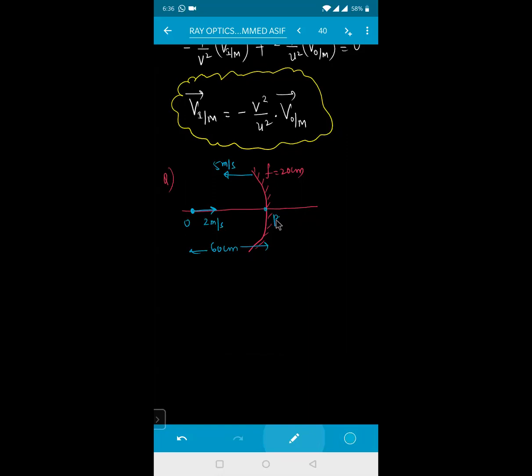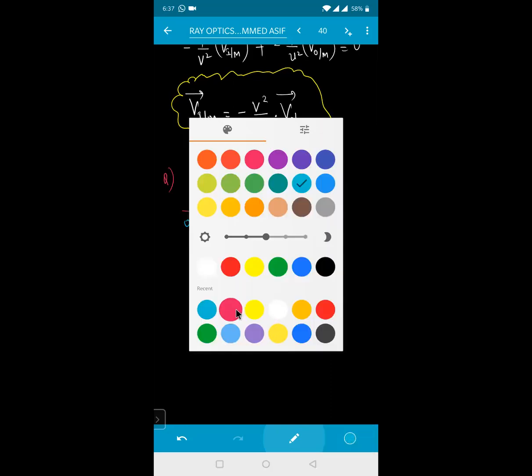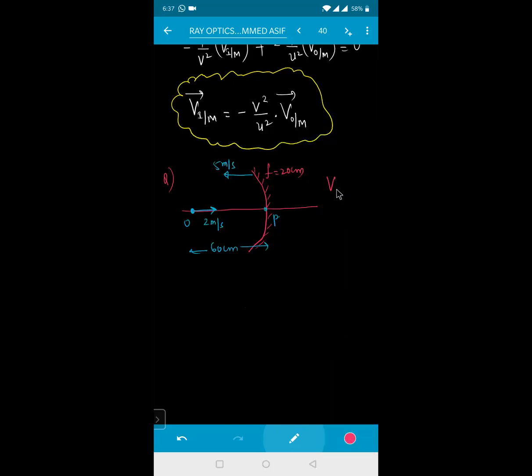And if I ask you what is the velocity of the image with respect to your mirror, or what is the velocity of your image, then what will be your answer, beta? So the velocity of your image is equal to how much? I need to calculate the velocity of your image. You can use the above formula directly. So I can use this relation right now. Whatever data is given, just write it out. Focal length will be positive or negative, beta? Focal length will be equal to minus 20 centimeter, because it is a concave mirror. Object distance will be equal to minus 60 centimeter.